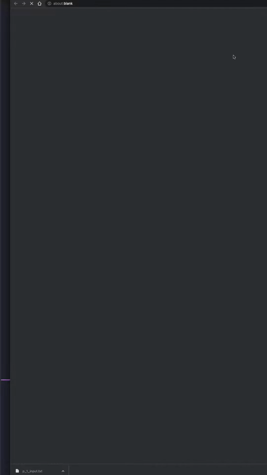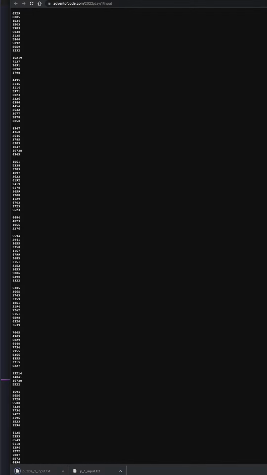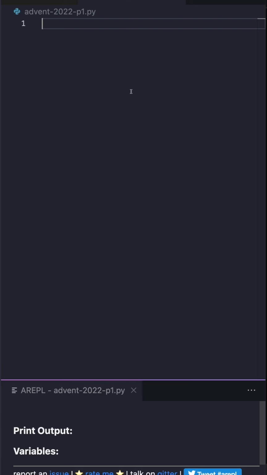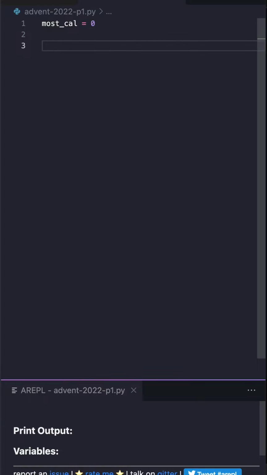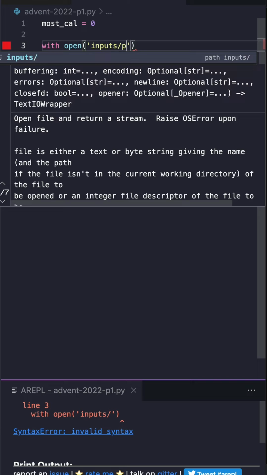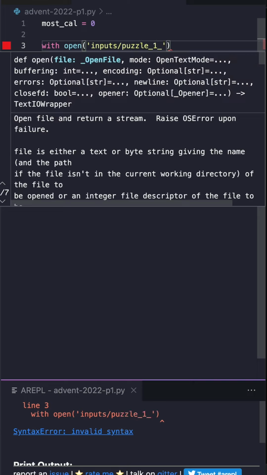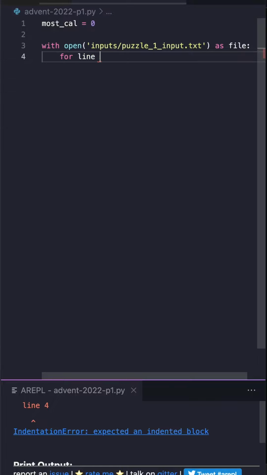Let's get the puzzle input, and I will save this as puzzle 1 input, and let's code. Okay, in here we will first set the most calories. That will be 0 in the beginning, and we'll read the file. Let's open a file. It will be inputs and puzzle 1 input, and I'll open it as a file, and we will go for each line. So let's say for line in file,